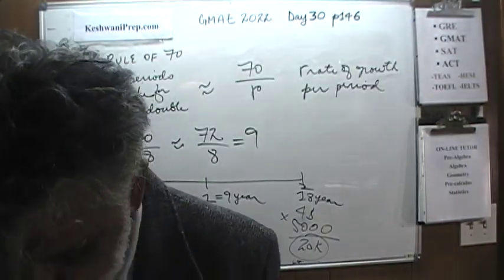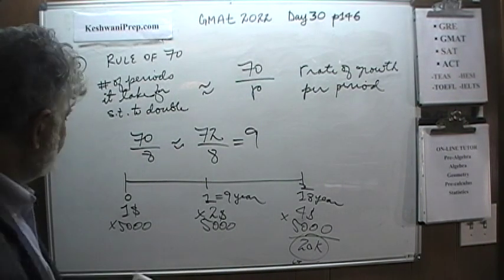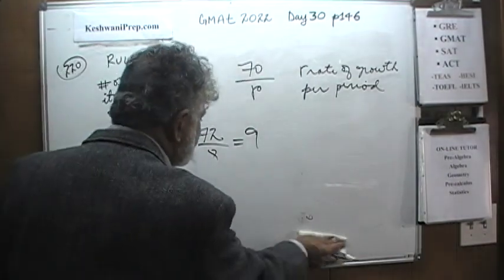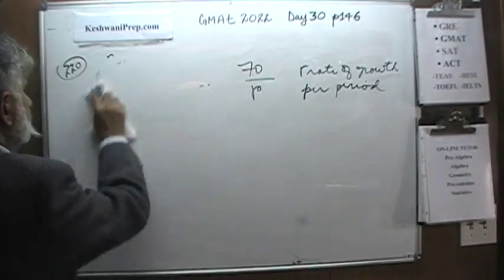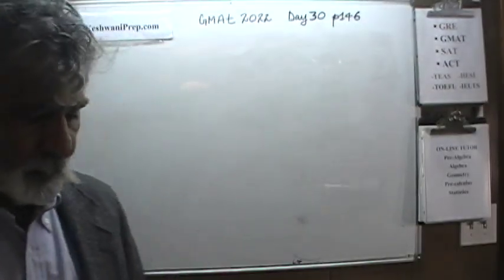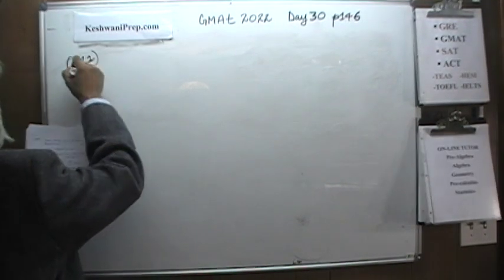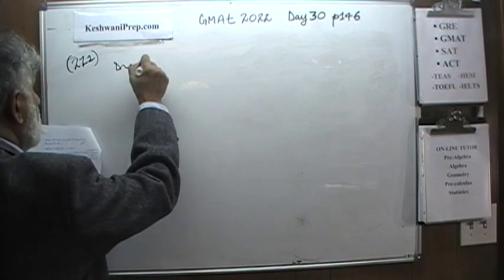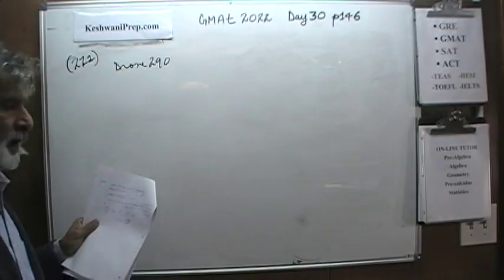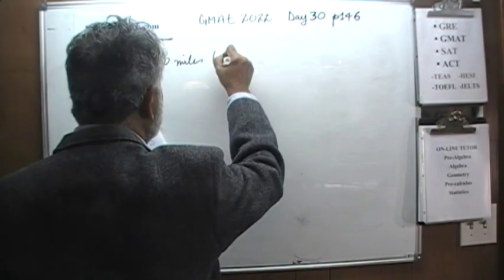Number 221. In 221, we are told that we drove 290 miles. But here's the but part: this figure that you see there is rounded